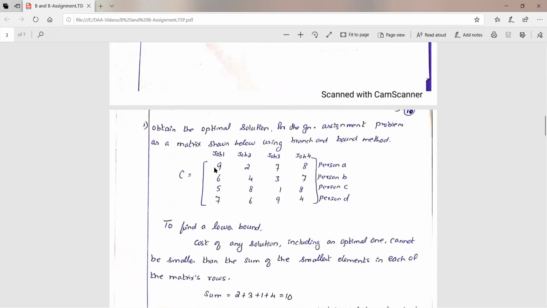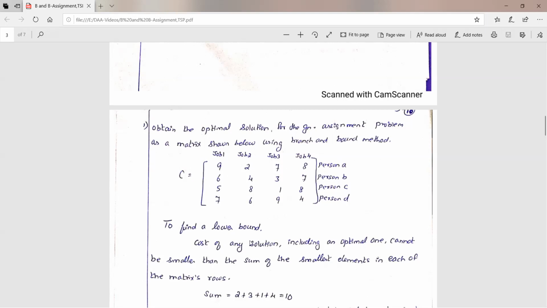So this is the assignment problem, so we have to consider the least hours. This will be a minimization problem, and if it is a minimization problem, you have to consider the lower bound value. To get the lower bound value, you consider each and every row, take the least value in each row, and sum them.